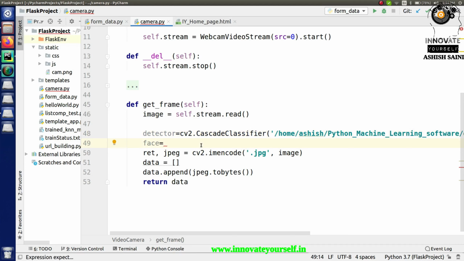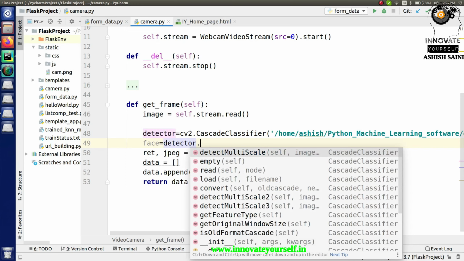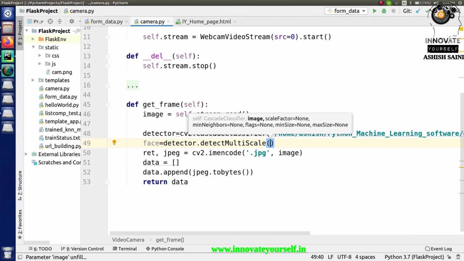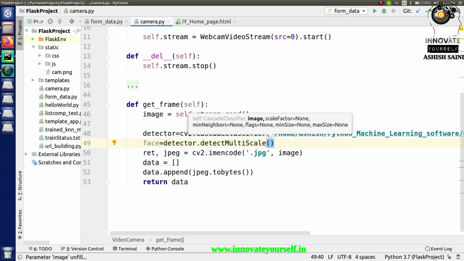The command I'm going to use is detectMultiScale. In there you have to pass different parameters. First, just pass the image on which you want to apply this algo.